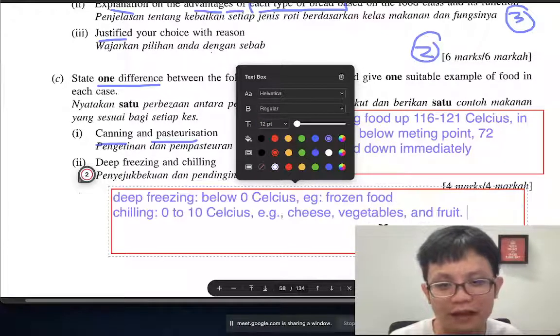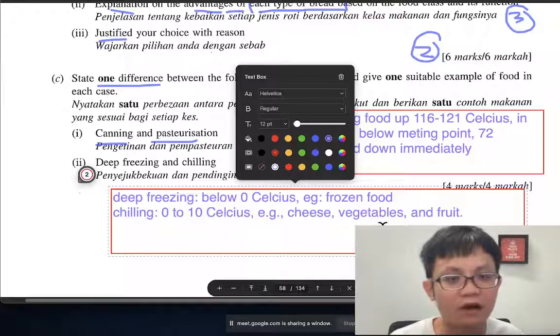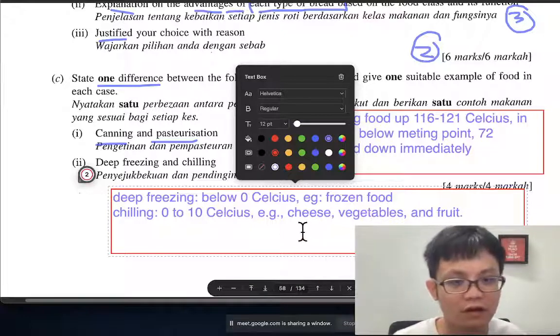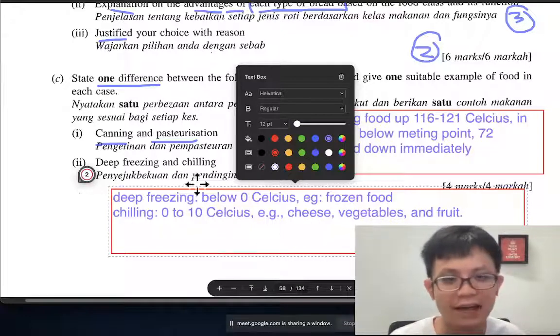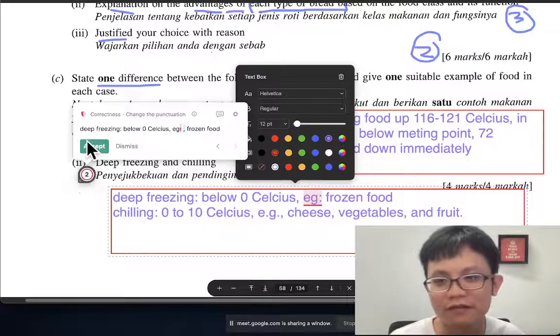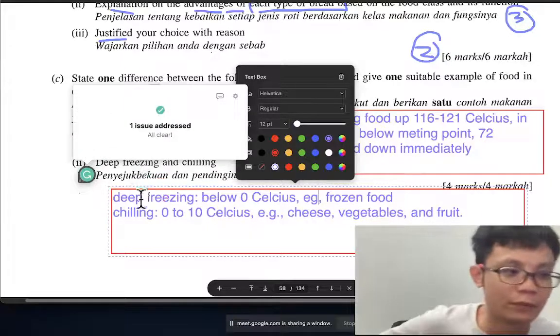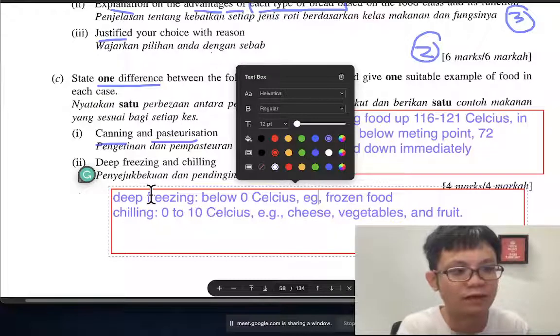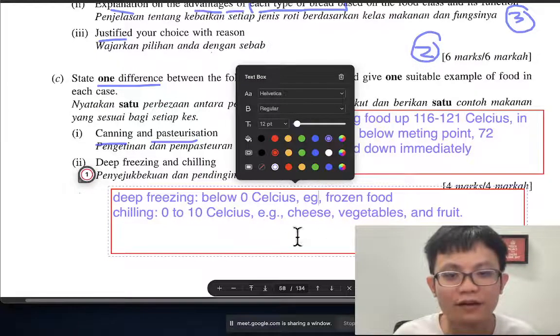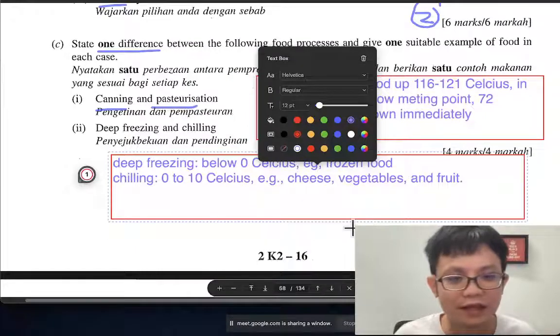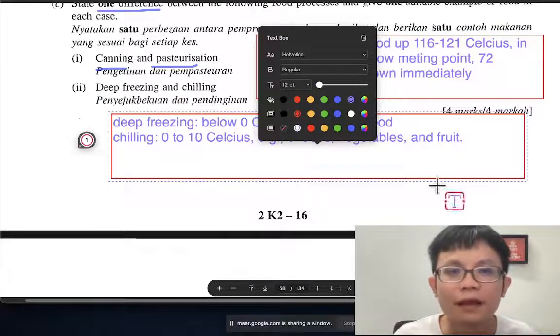Sometimes I don't know why, but I know the vegetable will spoil. I heard, my mother or an auntie said, if you put the fruit or vegetable there, it will spoil. So maybe you can do an experiment: put the vegetable in the freezer and see whether it can be cooked again or not.